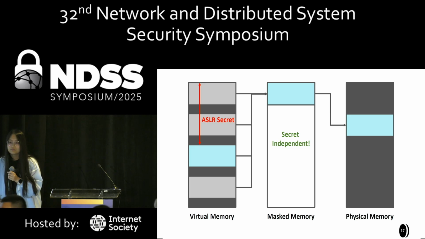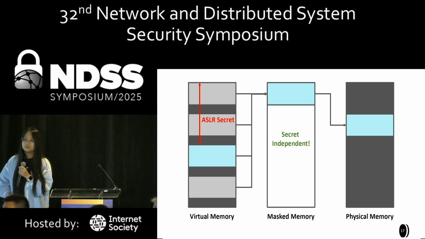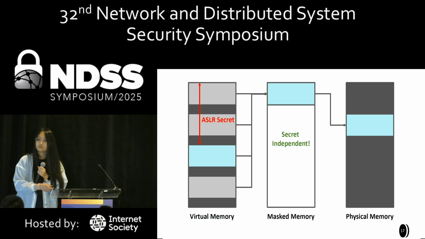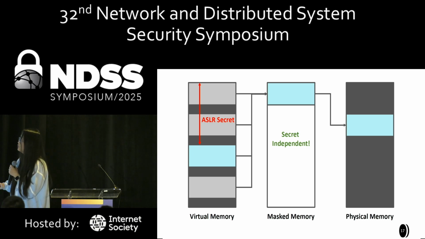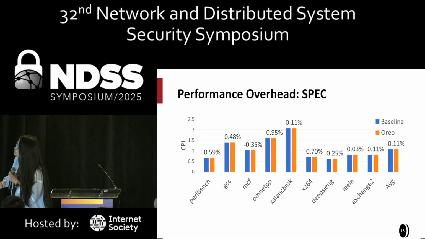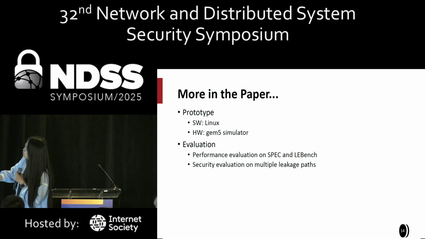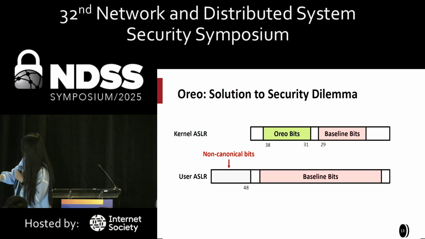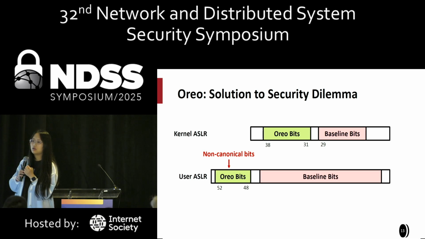Hi, cool work, George Washington University. So for the user space Oreo bits, how do you solve the backward compatibility issues with the unchanged code? Oh, so a few more slides earlier. You have several, yes, here. It's 5 bits. When it interacts with the legacy code, how do you solve the compatibility issue?